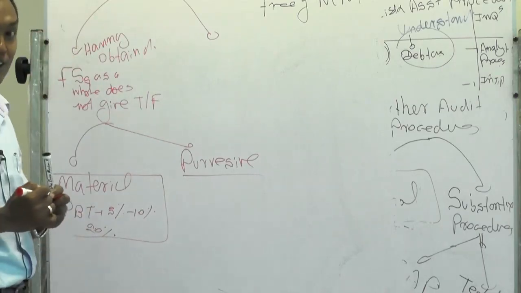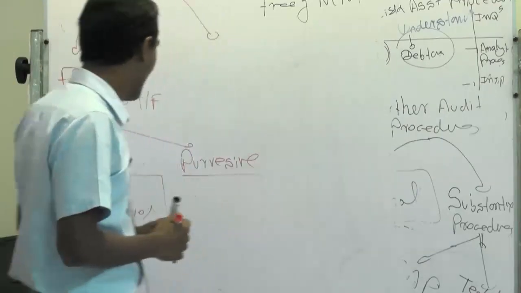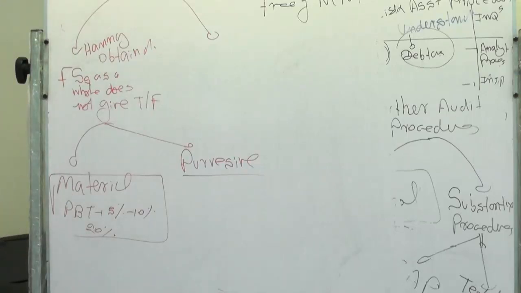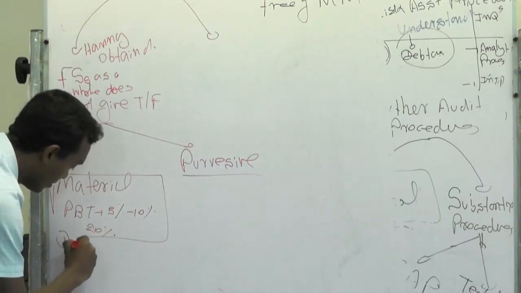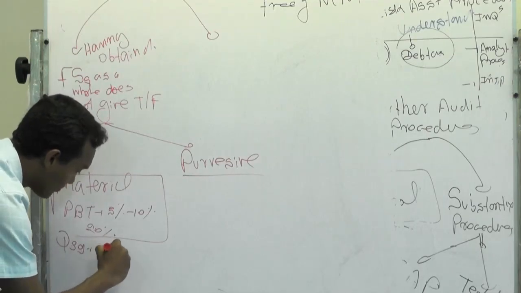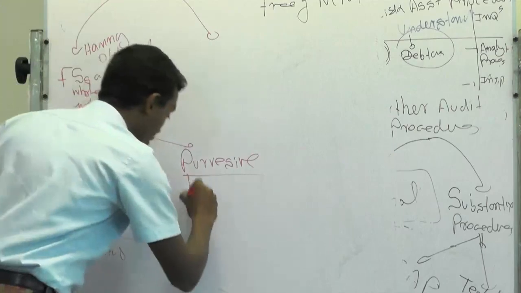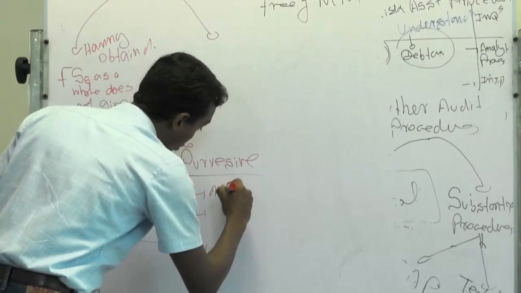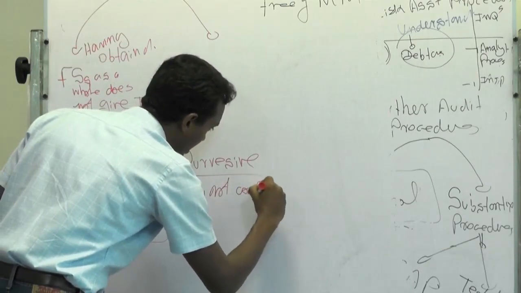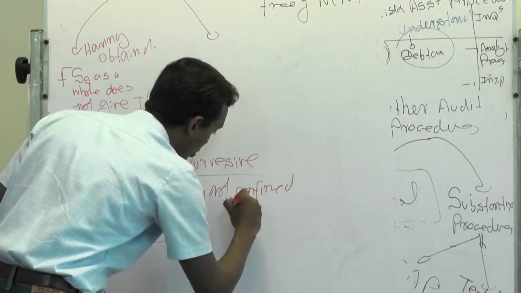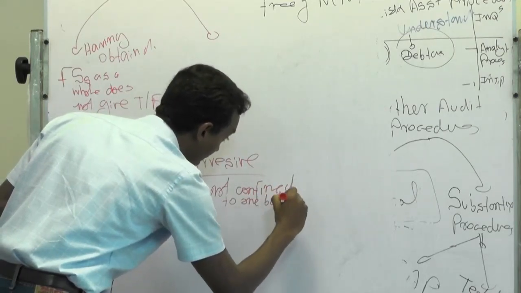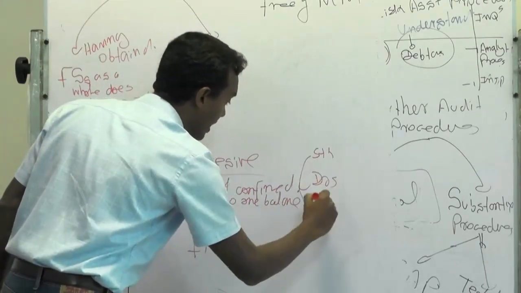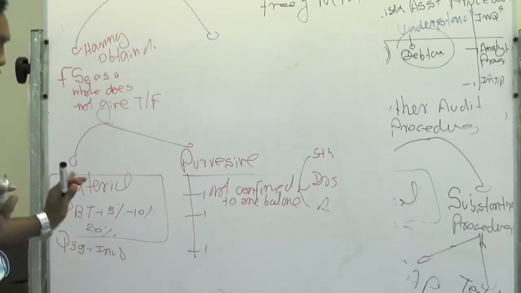Now, what is it? If you look up the dictionary, pervasive means widespread problem. Why we call corona a pandemic, it is spreading everywhere. Now, in the accounts, pervasive problem means, in our question, question number 39, problem is inventory only. Now, pervasive means in auditing standard there are three explanations. One is not confined. Confined means limited, not confined to one balance. It is not one balance in the accounts. Stock is wrong, debtors are wrong, something else is wrong, many balances are wrong, that is the pervasive problem.